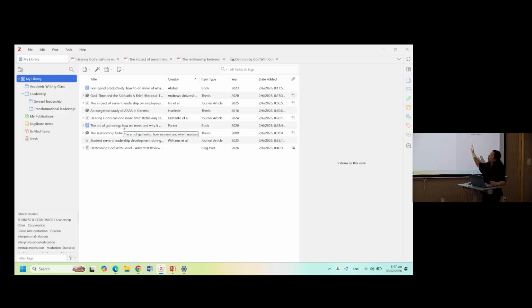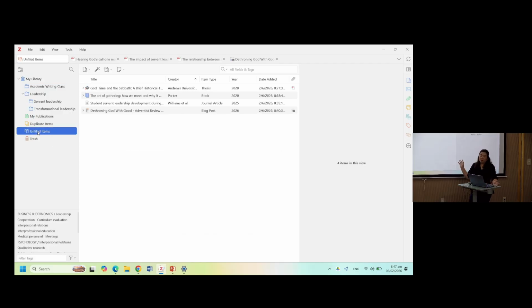When you organize items, they will not be removed from your library, because this is the main storage of everything. If you want to see those materials that you haven't organized, that is where the unfiled items come in. These are the 4 items in your whole library that don't belong anywhere.